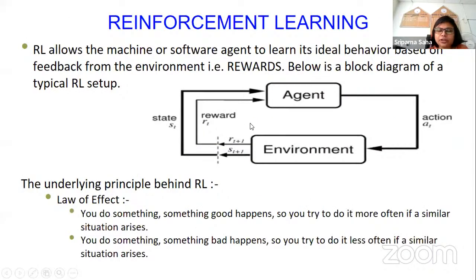Reinforcement learning is a paradigm of machine learning. In machine learning, there are three important paradigms: supervised learning, unsupervised learning, and reinforcement learning. In reinforcement learning, suppose an agent wants to solve a particular task, and the agent is getting some signal from the environment. The agent has taken some action. We don't know the actual class label of the action, but we can give some signal to the agent so that it can understand whether the action is correct or wrong. Reinforcement learning allows the machine or software agent to learn its ideal behavior based on feedback from the environment,